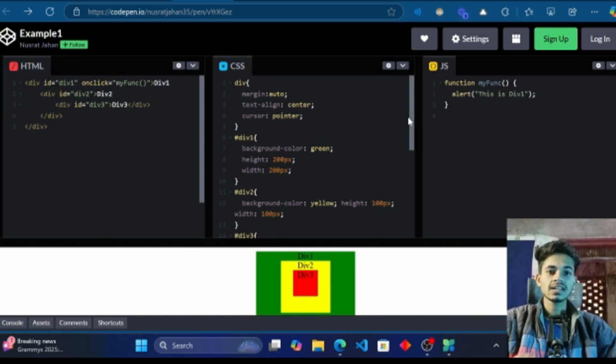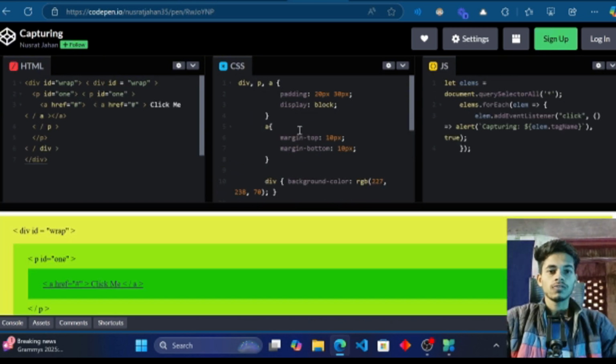The process is generally divided into three phases. The first one is the capturing phase. In the capturing phase, the event starts at the top of the DOM tree, the window or document, and travels downward toward the target element. During this phase,